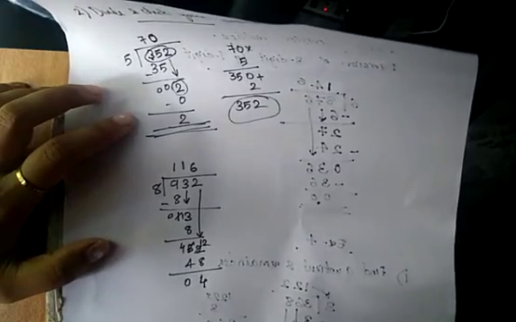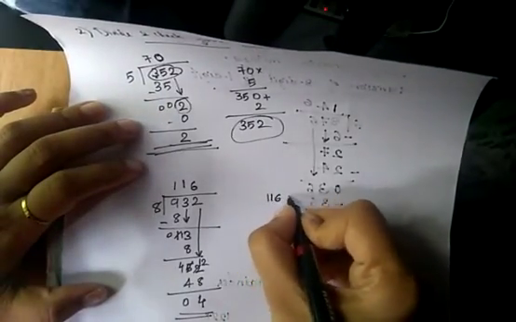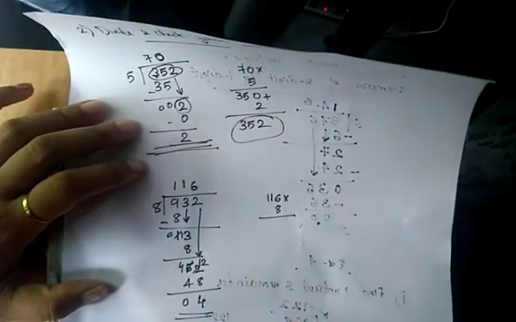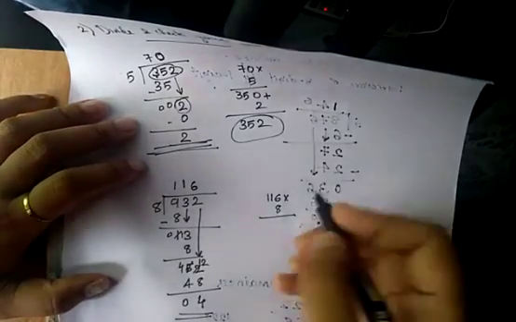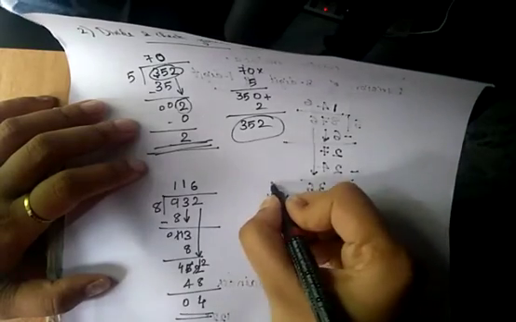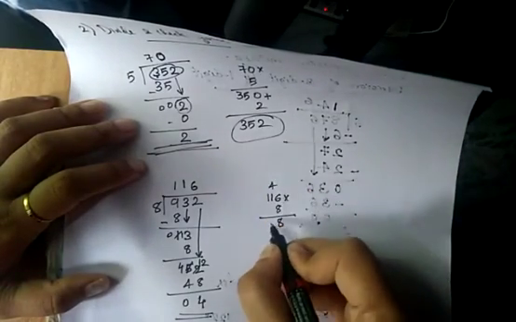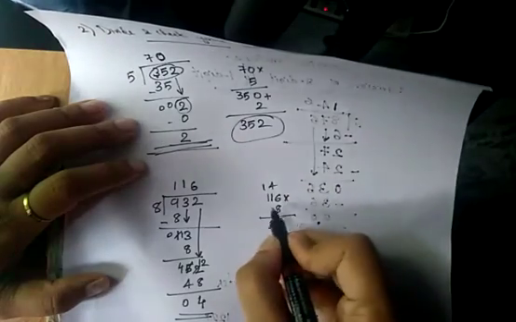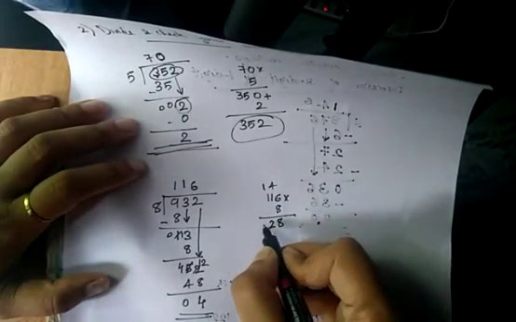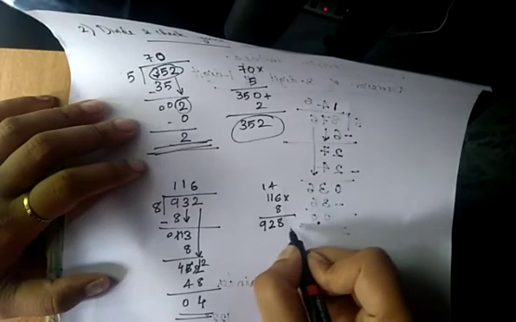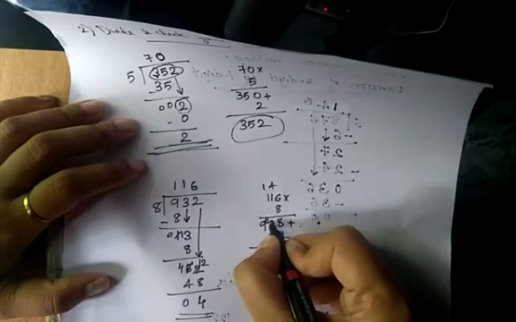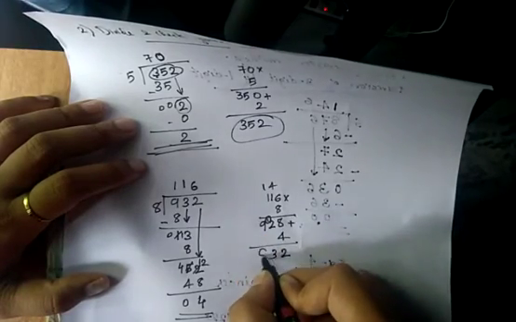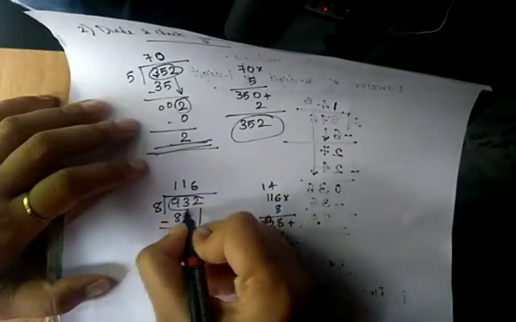So now we will check the answer. So how is it? 116 into 8. 8 6s are എത്രയാണ്? ഓർക്കുന്നുണ്ടോ? Yes, 8 6s are 48. You can write the 4 here. 8 ones are 8. 8 plus 4 12. 1 ഇങ്ങോട്ട് എഴുതി. 8 ones are 8. 8 plus 1 9. ഇനി എന്ത് ചെയ്യണം? പ്ലസ് 4. 8 plus 4 12. 2 ഇവിടെ എഴുതി. 1 മോളിൽ പോയി. 1 plus 2 3, 9. So you got the answer as 932.